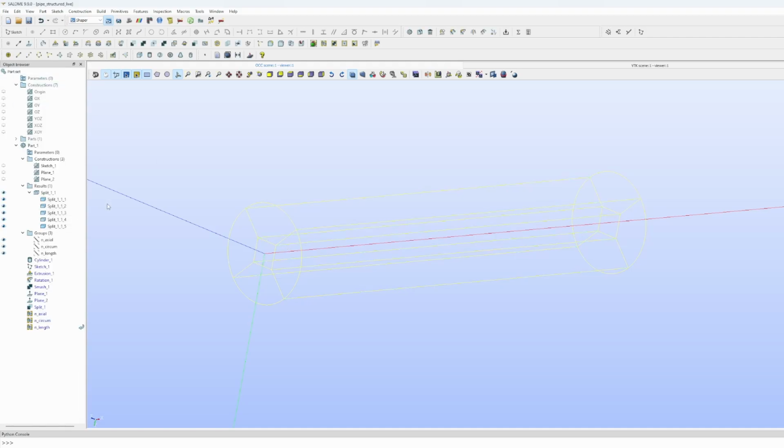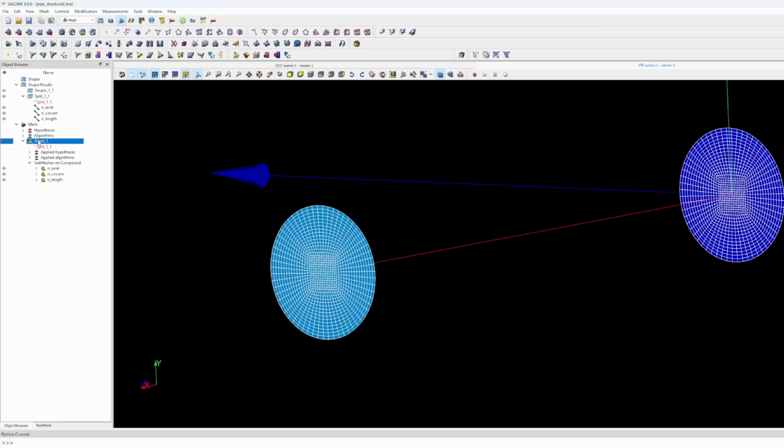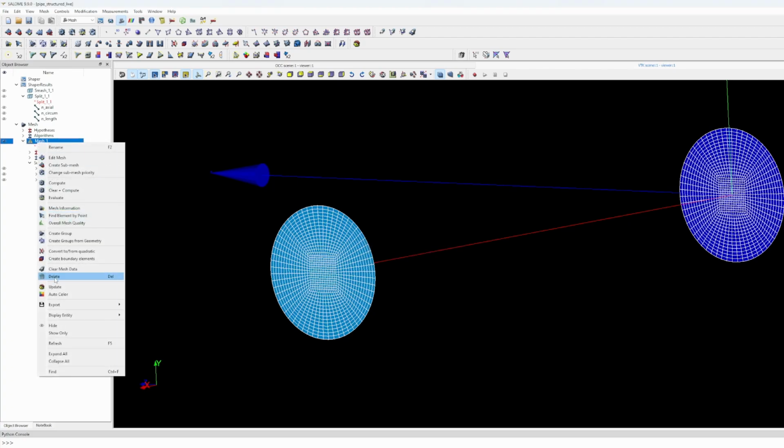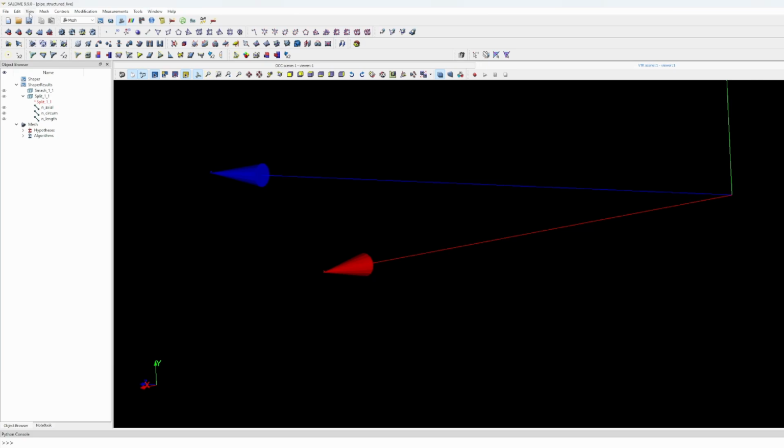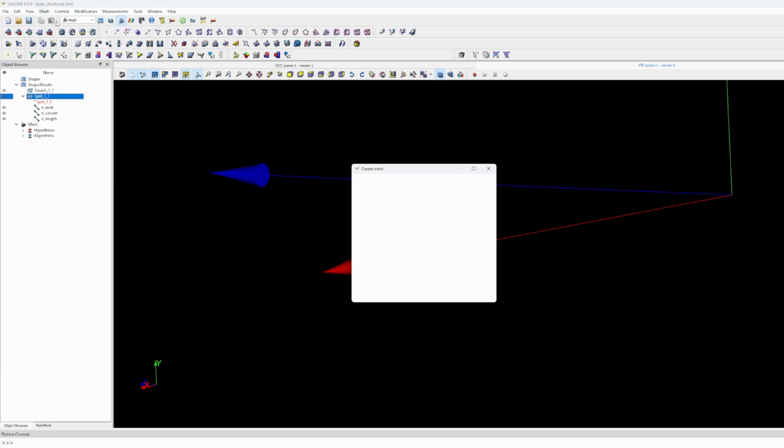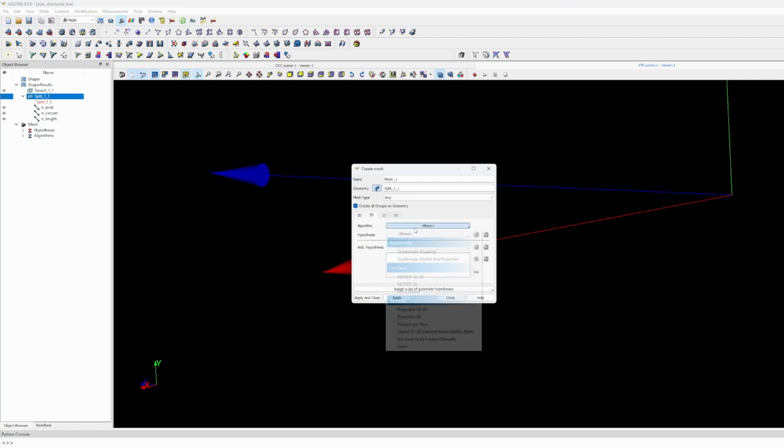Okay, now I think it's fine, and I think I need to remesh. This is a bit complicated. I have to do this again. Click mesh and hexahedral quad 1D. Okay,